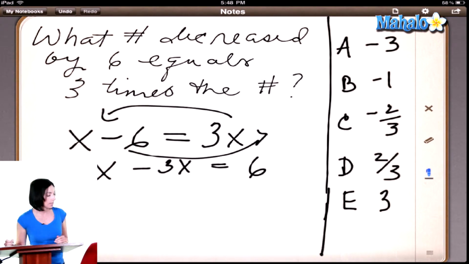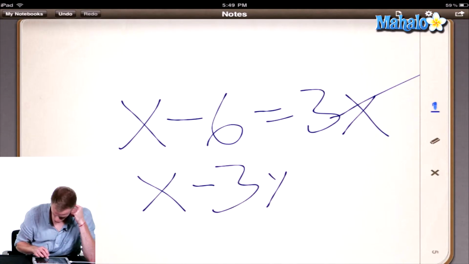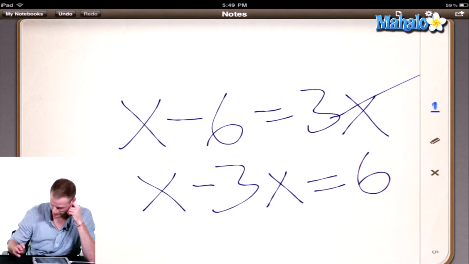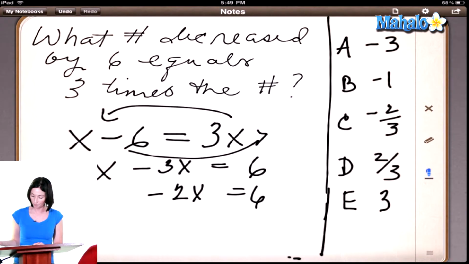So what's x minus 3x? If you have an x and you take away 3 x's, how many x's do you have? Minus 2 x's. Minus 2x. Right, yeah. Minus 2 x's. So you have minus 2x equals 6. Now what do you